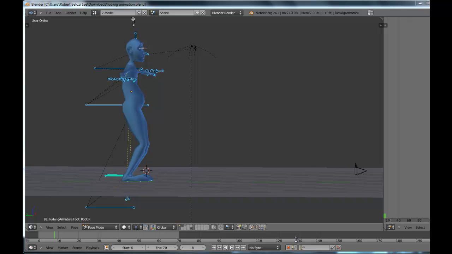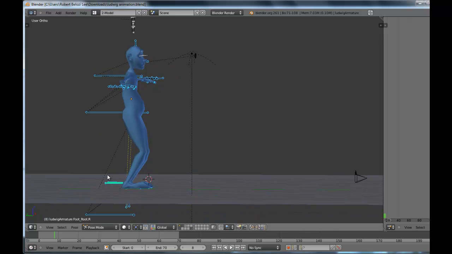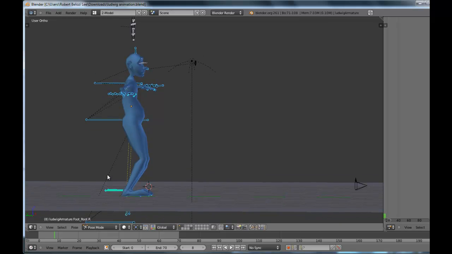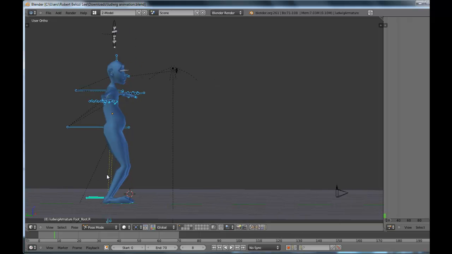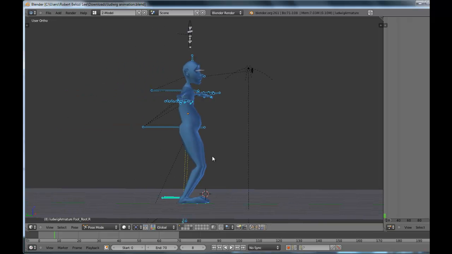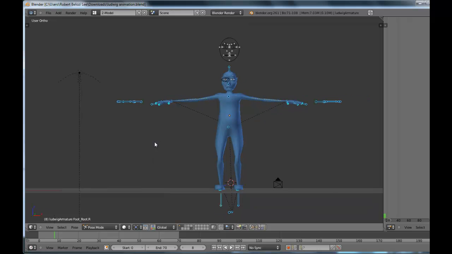Hello, today I'm going to demonstrate how to animate the Ludwig model that can be found at the web address listed in the comments section. To begin with animating, I've already placed a plane at the bottom of the model of the scene so that I can make him walk along that model. What I'm going to do now is basically move his body into a more natural position so I can start